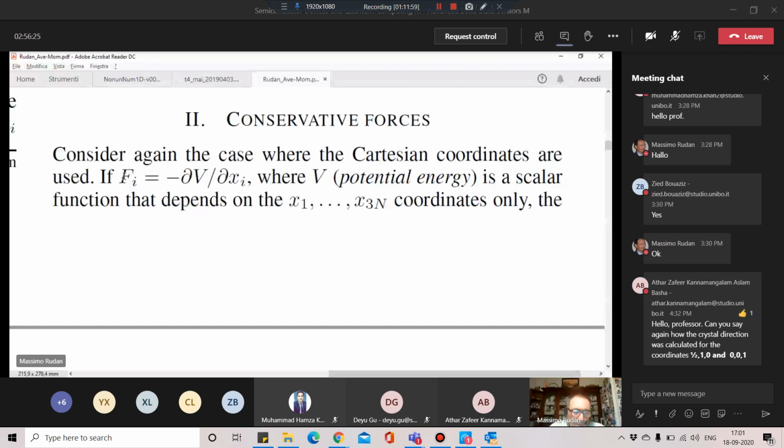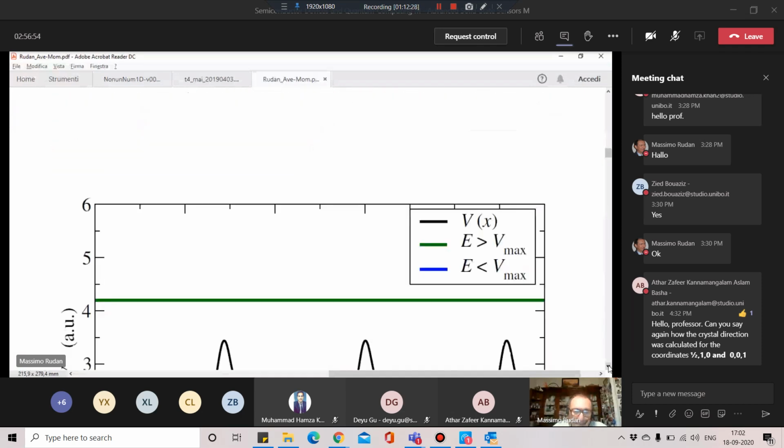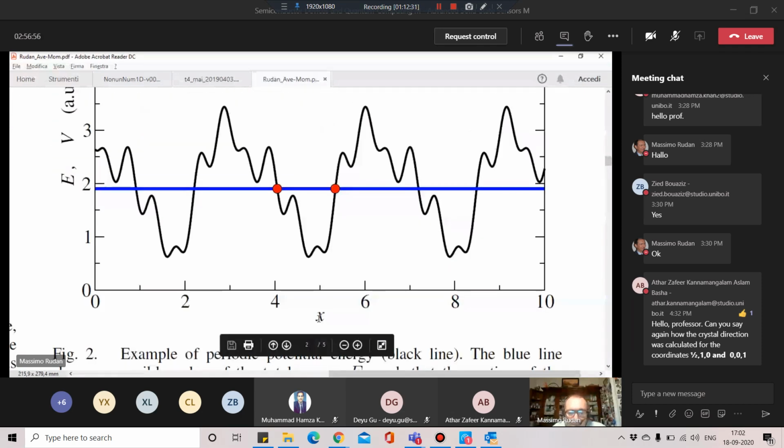And if you have many particles, you can do the same, okay? The definition can be extended also to systems made of many particles, but in our case, we need only to consider a single particle, okay? If you have a conservative force, then